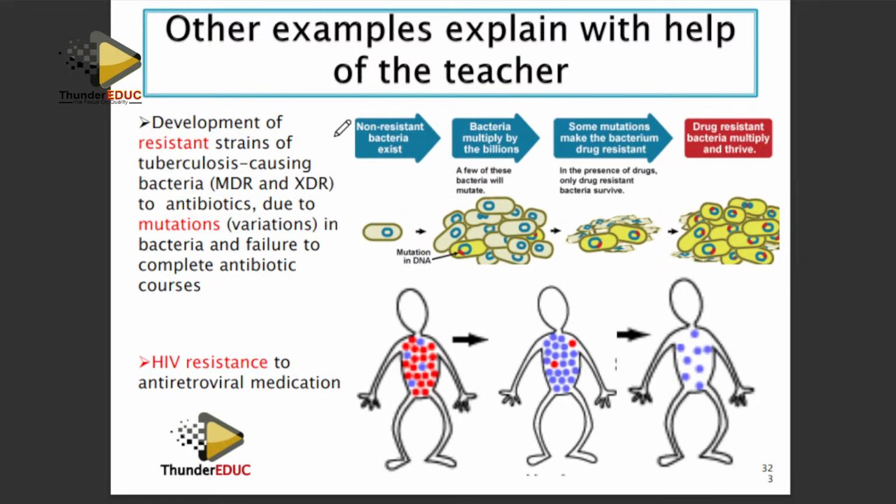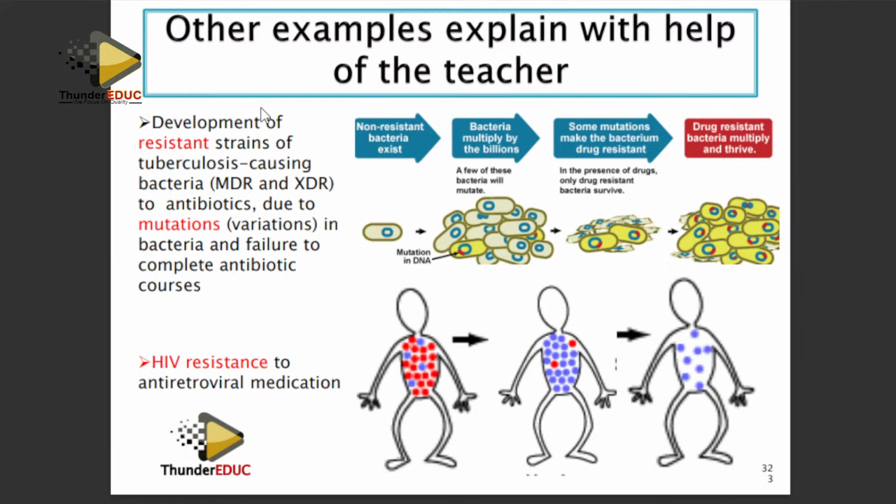How do antibiotics become ineffective against the bacteria? Or how do bacteria become resistant to antibiotics? So what you do is the same story. At first, bacteria produce a large number of offspring. There is variation among the bacteria. Those which are resistant and those which are not resistant. But don't just say resistant, resistant to what? Those which are resistant to antibiotics and those which are not resistant to antibiotics.